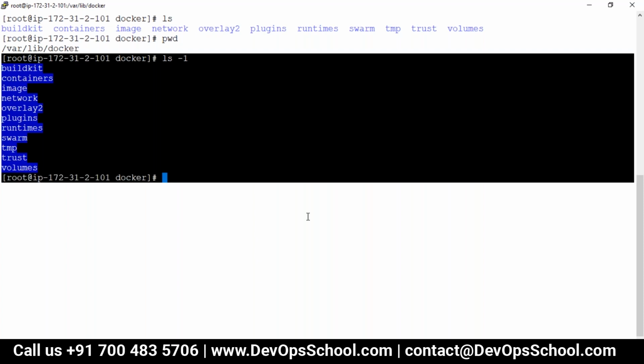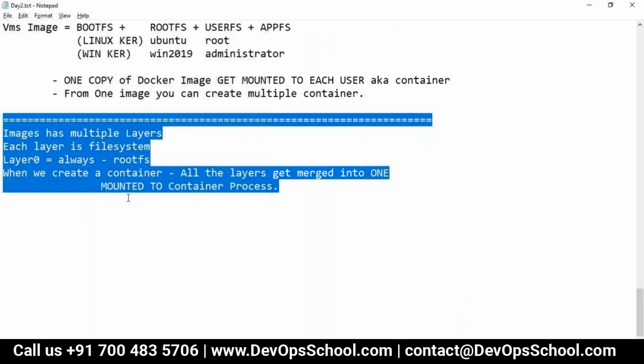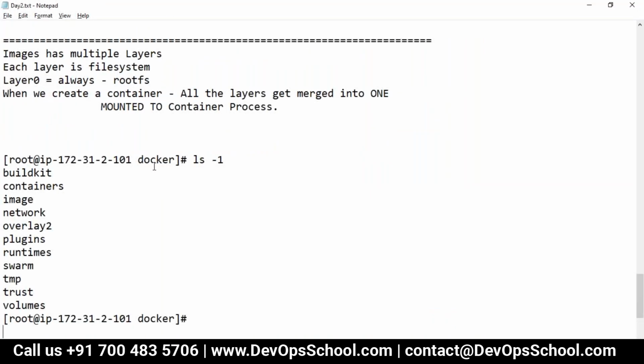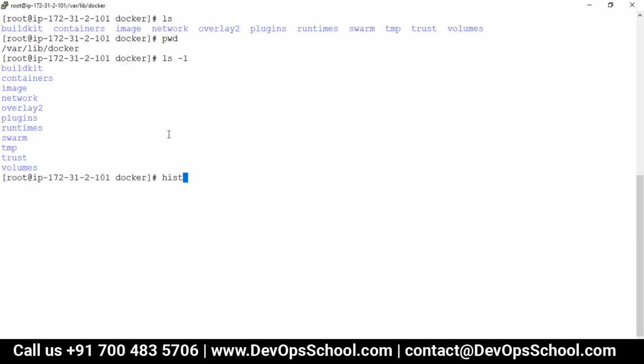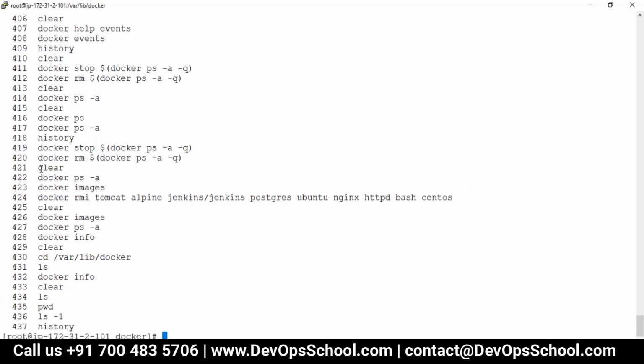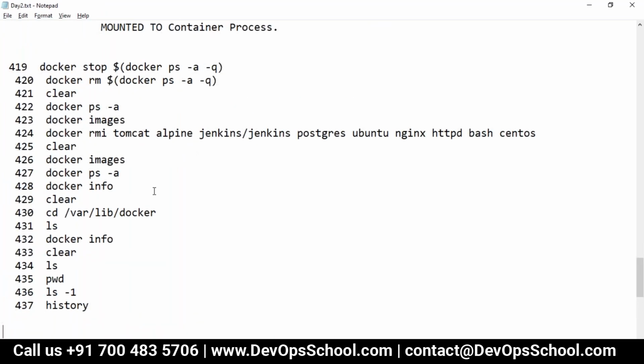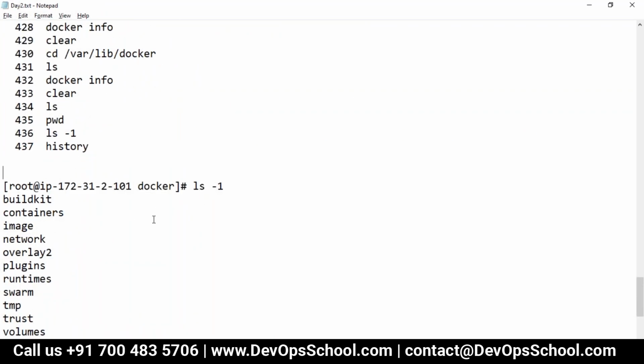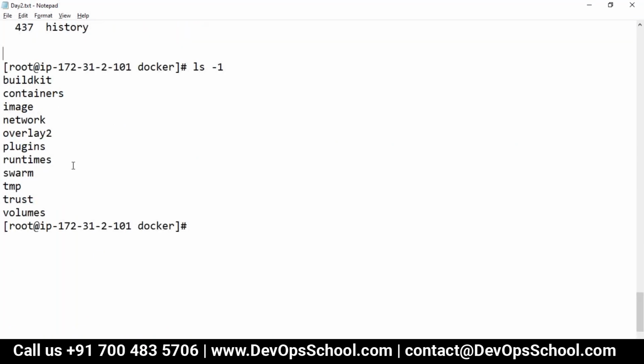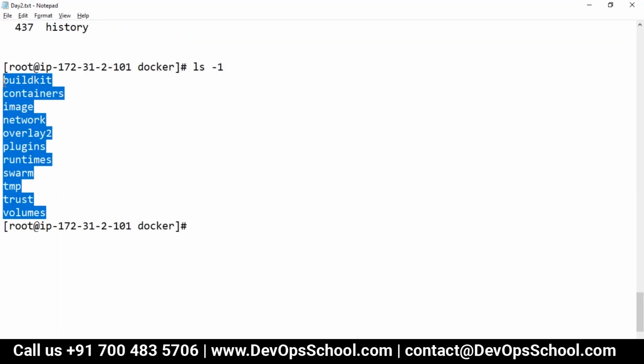So this is the directory which I am having right now, and we should discuss this. Before that, I'm going to copy and paste some of the commands which I ran here. You should also try them out, but don't run them blindly. Use some logic so you'll understand. Now, some directories are here and we should get comfortable with them.